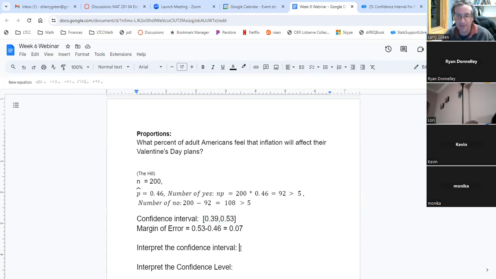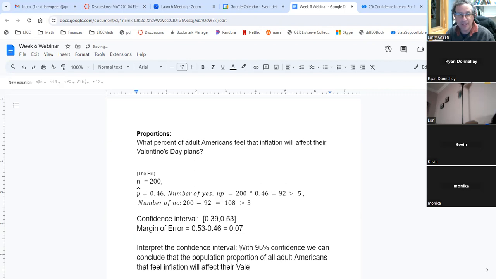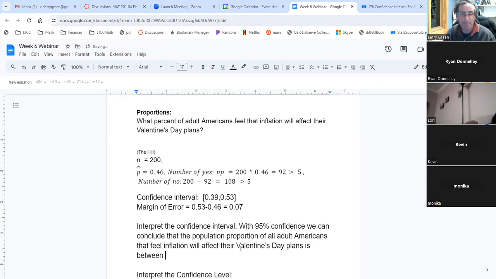Okay, let's interpret the confidence interval. Okay, with 95% confidence, we can conclude that the population, but do not write population mean, population proportion of all adult Americans that feel inflation will affect their Valentine's Day plans is between 0.39